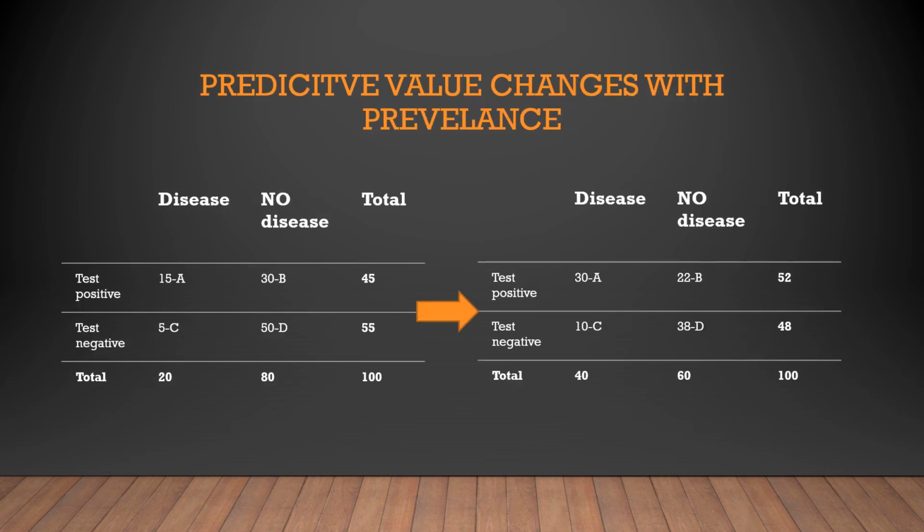So let us see how predictive value is going to change with prevalence. So this is our standard table that we have been using throughout this lecture. What I have done here, I have increased the prevalence. Where in a population of 100 only 20 had the disease, in this population 40 of them have the disease. And I have adjusted these numbers in testing positives and negatives to make sure the specificity and sensitivity remain the same. Meaning the test is functioning with the same capacity as that of the previous population. Only difference, the prevalence has increased.